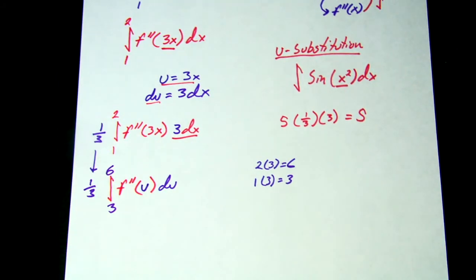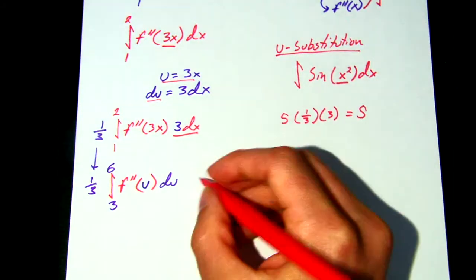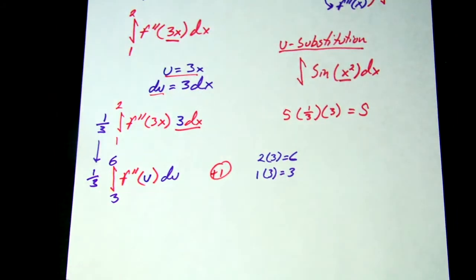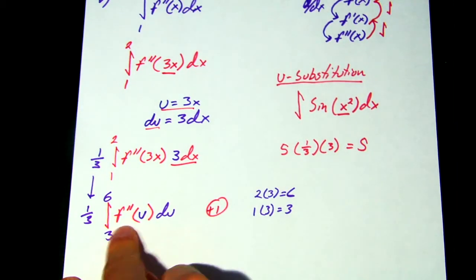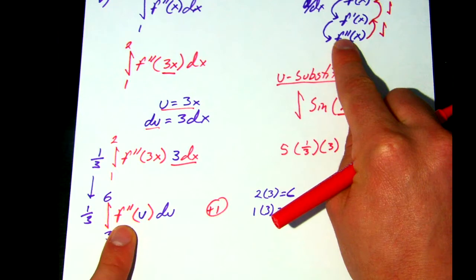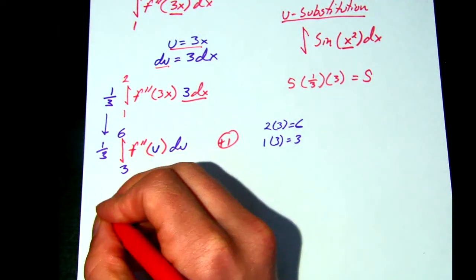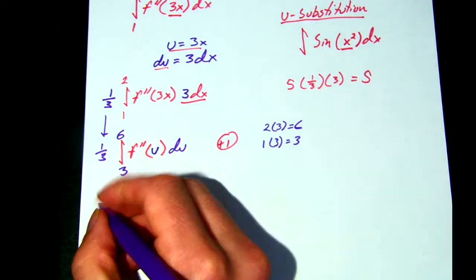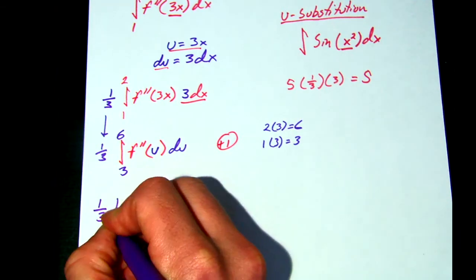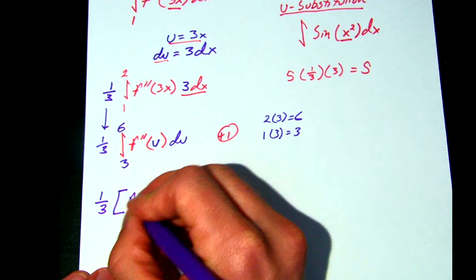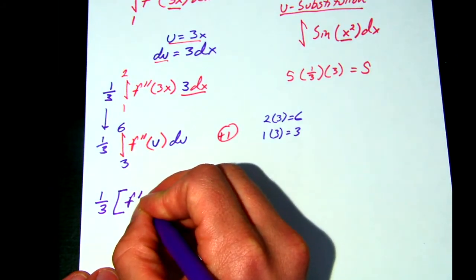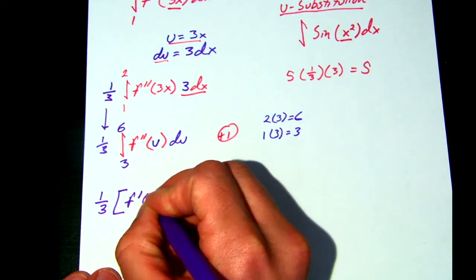That's the u substitution. And I think if you can just get to here, this is the first point, doing the u substitution. Now we're ready to take the integral. So the integral of f double prime is f prime. So this 1/3 stays out here. Not the integral anymore, it's just f prime of u